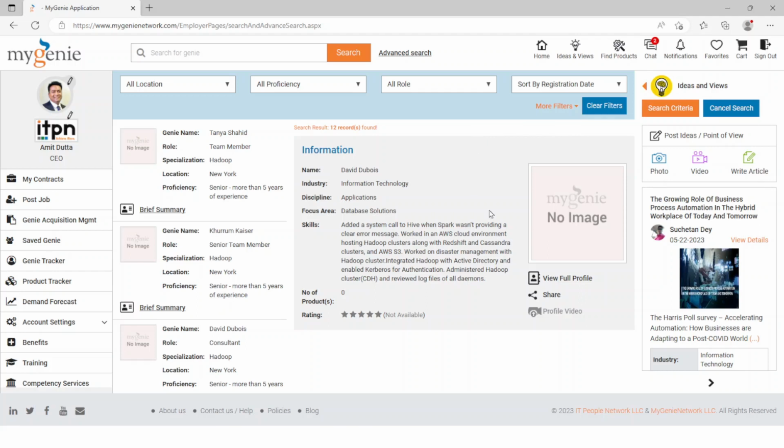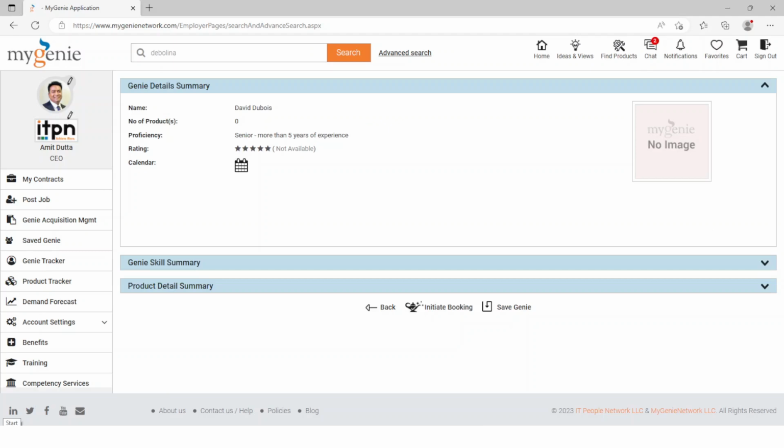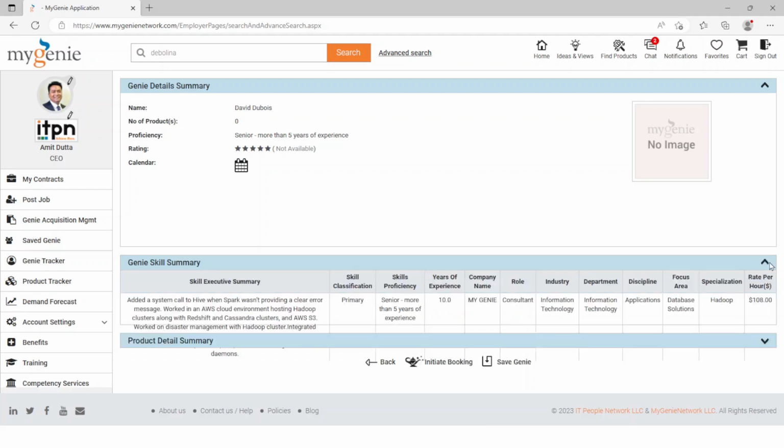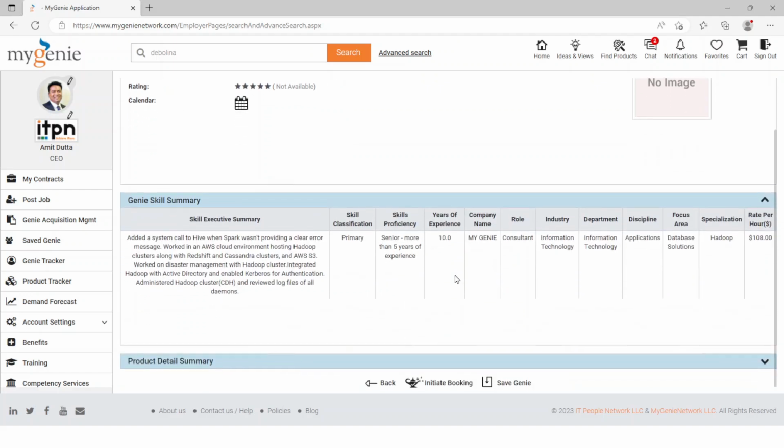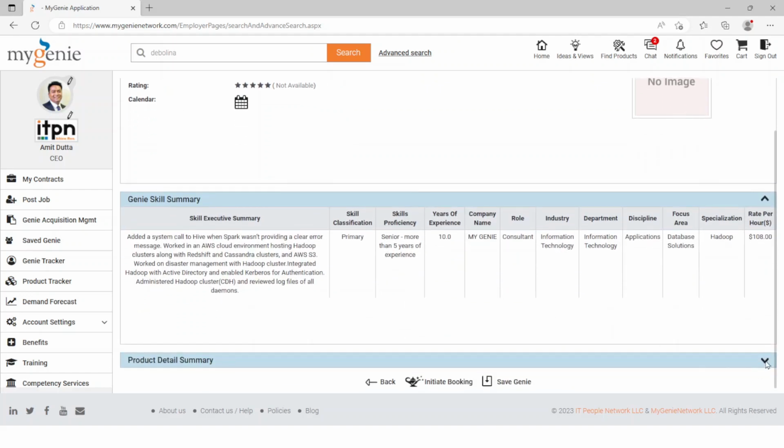Now, let us explore the feature of viewing the full profile of a consultant. Also, I will guide you on how to save a consultant profile and initiate the booking process. Click here to open the full profile of a consultant. Now here you can see all the necessary information related to the profile like Genie Details Summary, Genie Skill Summary, Product Detail Summary,